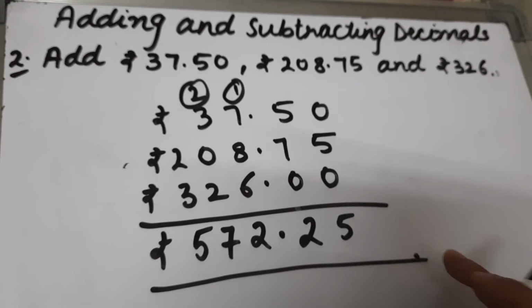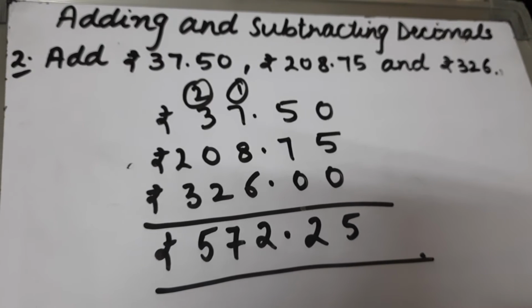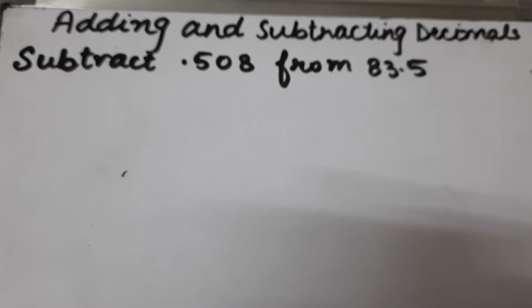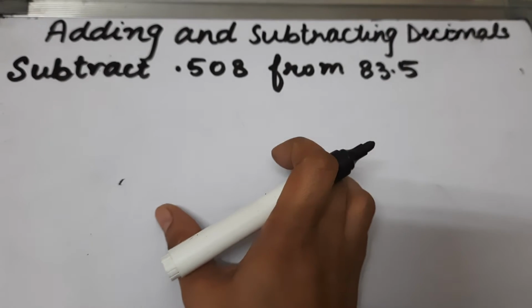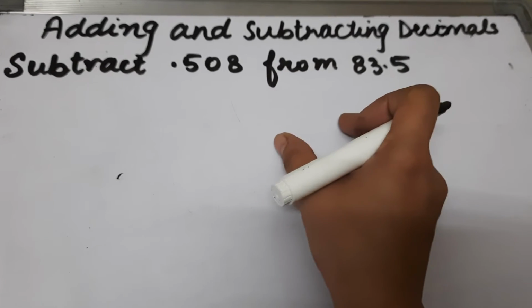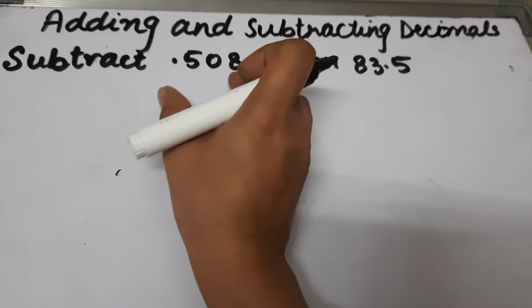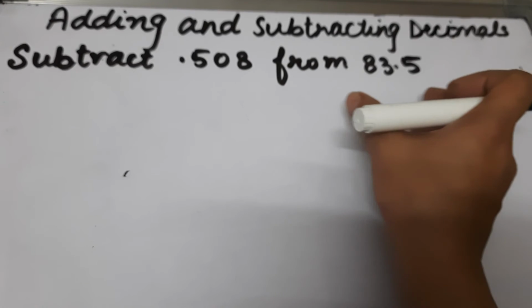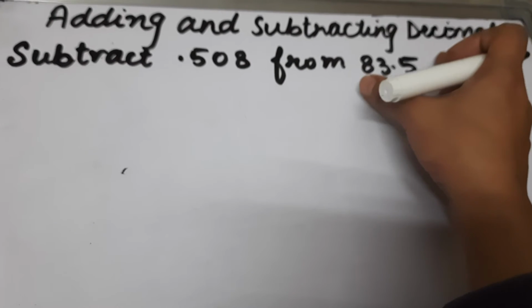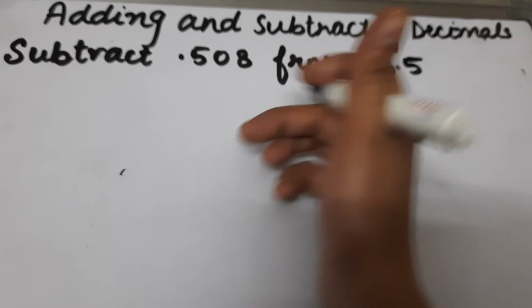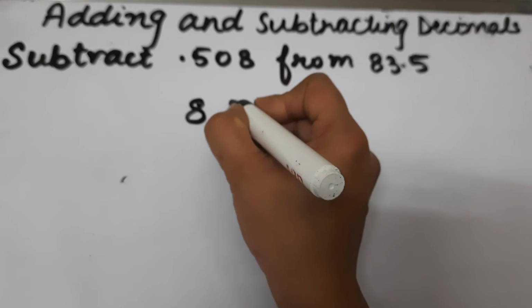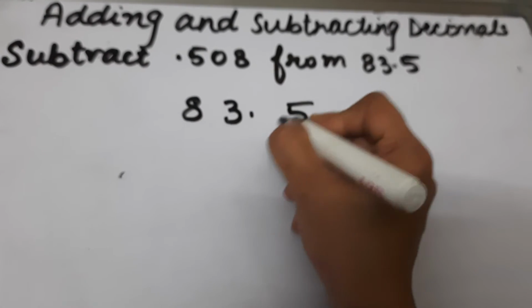If we have to subtract the decimal fractions, I will explain with an example. The question is: subtract 0.508 from 83.5. That means 83.5 is our minuend. It will be on the top, and we have to subtract